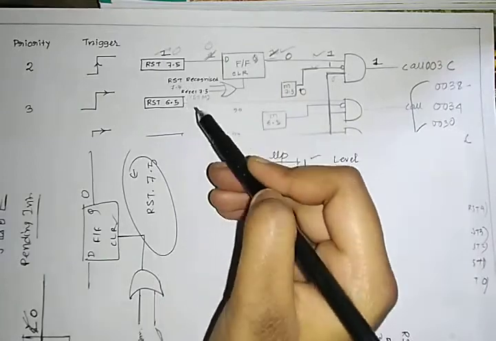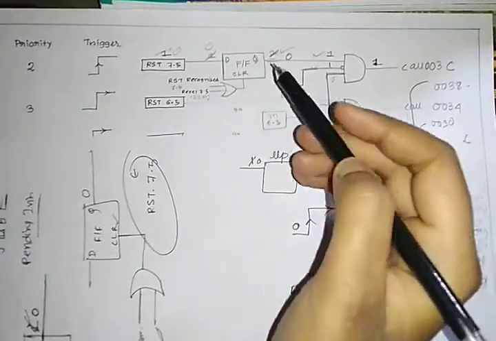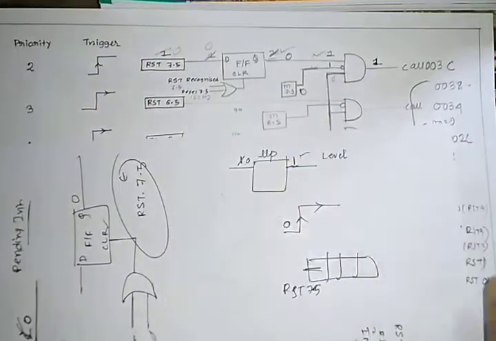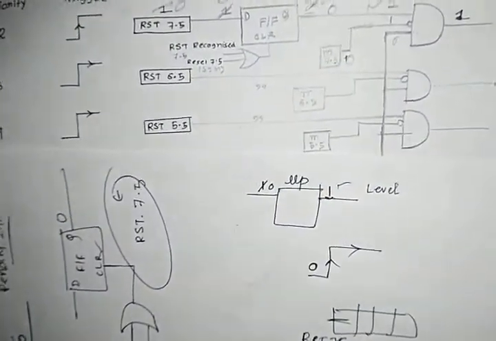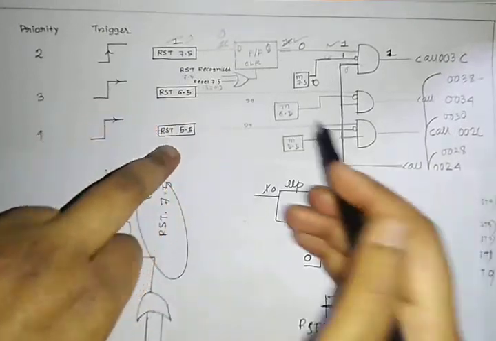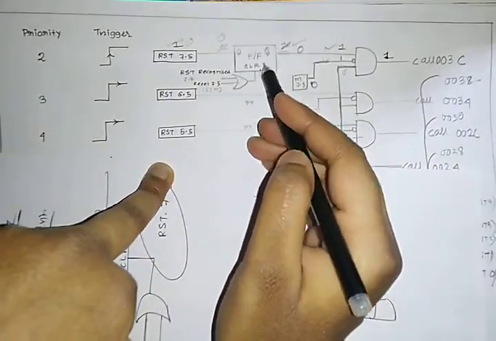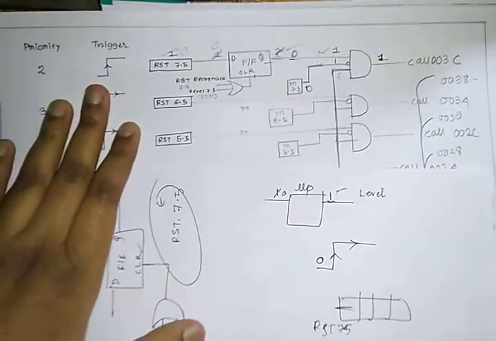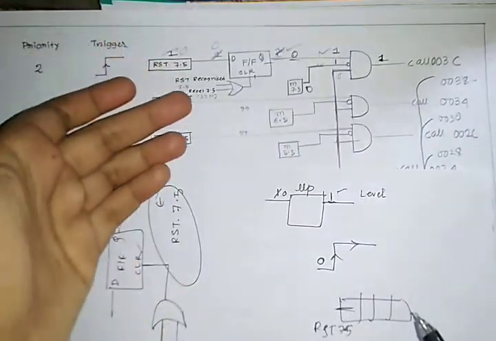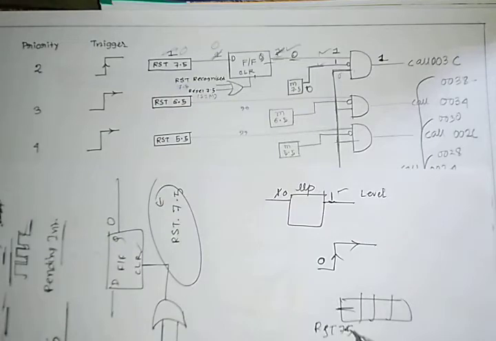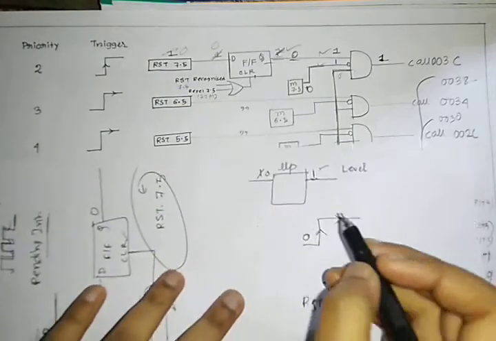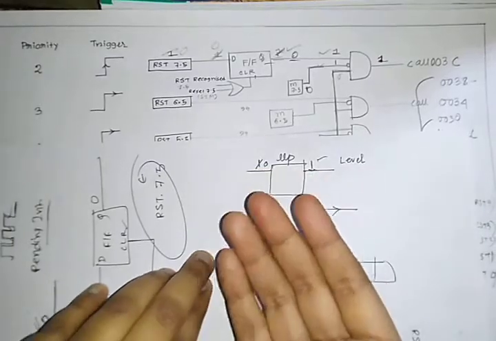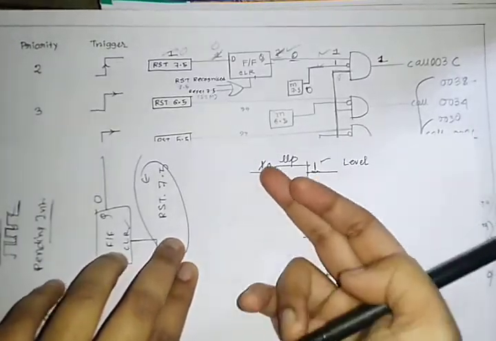Suppose I didn't still recognize that this operation occurs, so I want to make this one as 1, only then this will get cleared and I will get 1 from 0. If this is not recognized, I want to make this condition true. For that I will do a reset, and when we do reset, my RST will again go from 0 to 1,